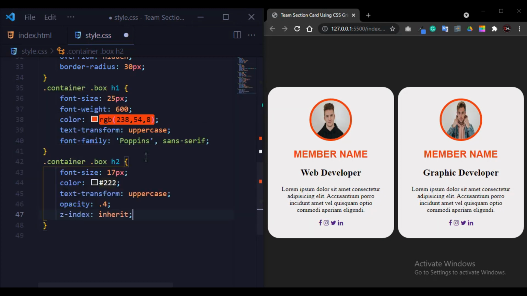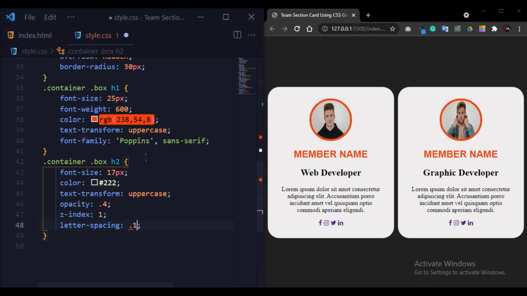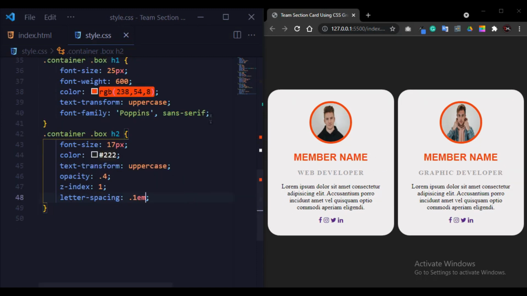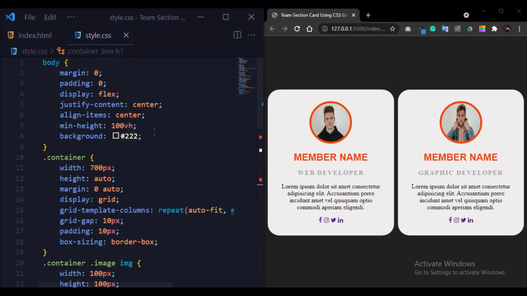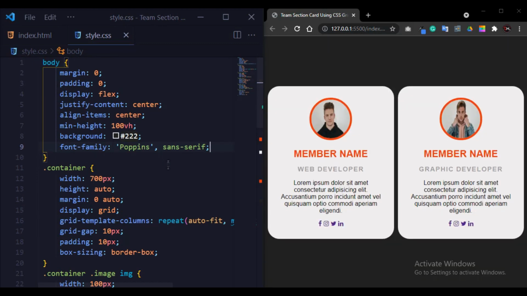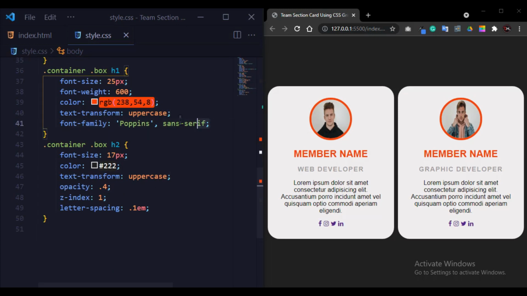Z index, I will give 1, and some letter spacing 0.1em. Great, it looks great. I will put this font family in the body section so that it applies to all the content. Oh great, now it looks great. Also I remove this from H1.